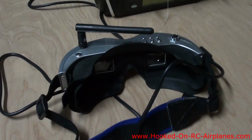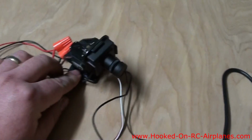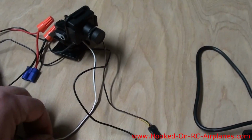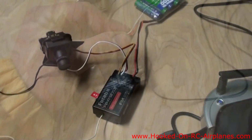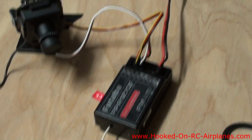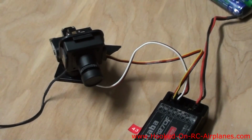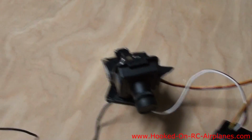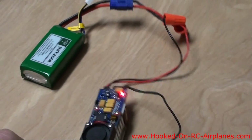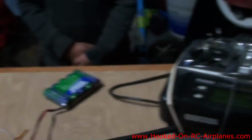The goggles will transmit a signal to the transmitter, which will transmit to this receiver, and it'll tell this camera to move back and forth. So I want to plug that into channels 5 and 6 here on the receiver. Alright, so now I have the battery here powering the receiver. Everything's plugged into the camera. Camera is plugged in to the video transmitter, which I have powered by the battery. So we're all set. So if you see, if I move the goggles,